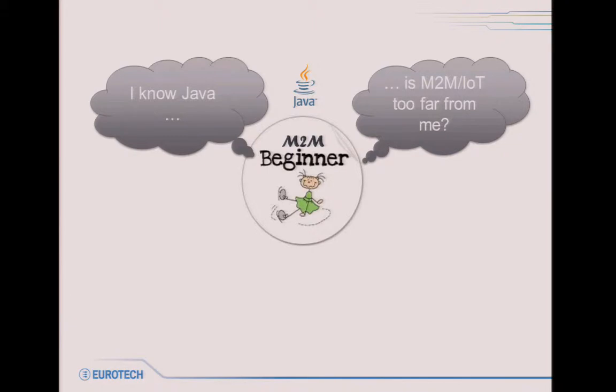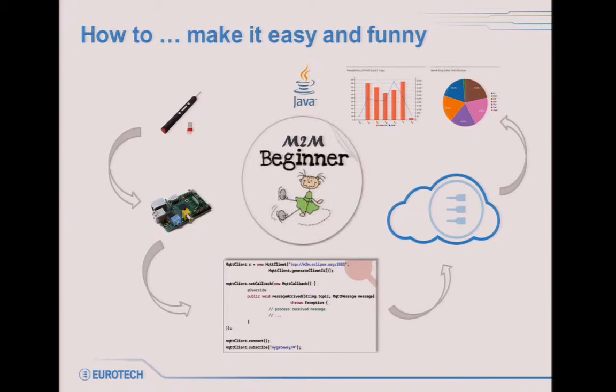But me, being a Java programmer, not aware of M2M and hardware management and transmission protocols and cellular communication and GPIO, whatever interfacing, what can I do? How can I work in this changing world where technologies are getting so spread, so invasive? I know Java, and I wonder if M2M and IoT are places where I can contribute. Well, definitely yes, and this is something that we will see these days.